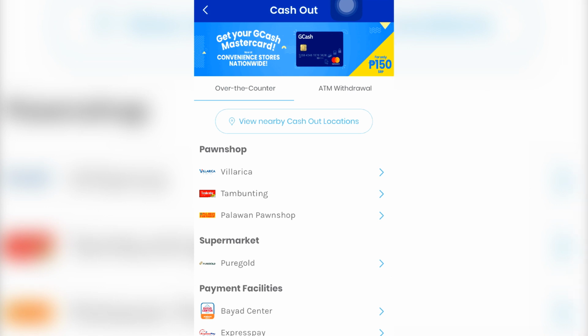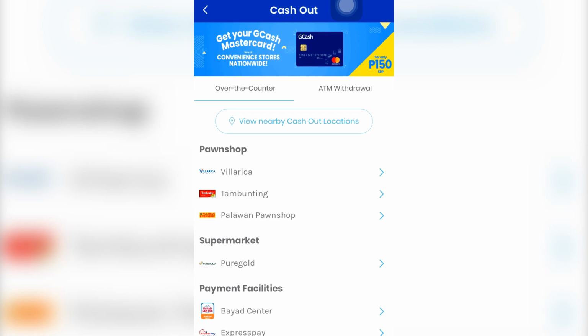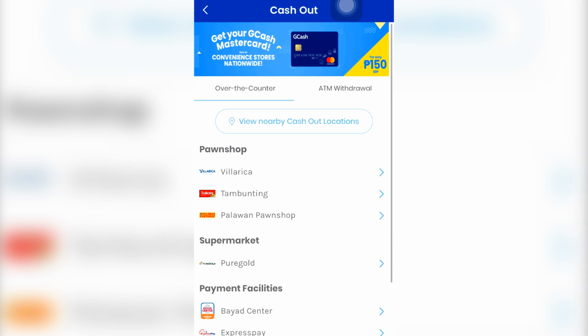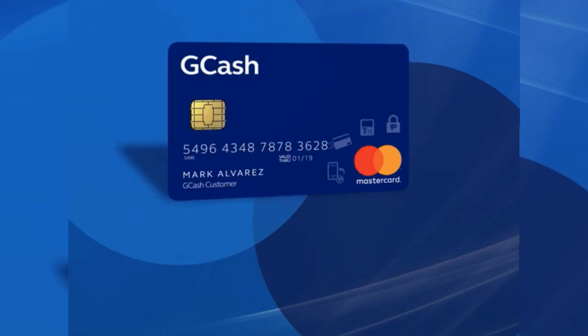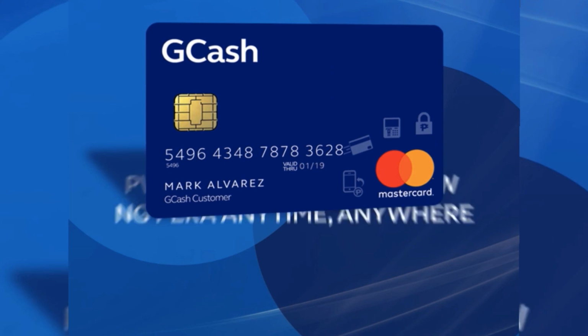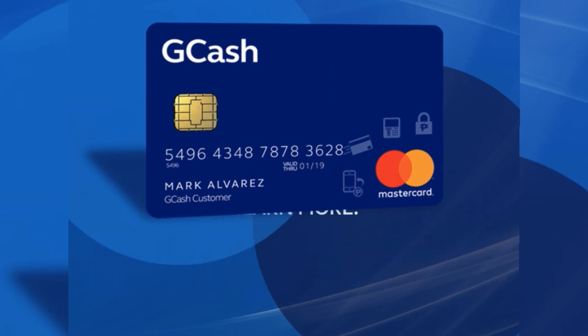Also, may nirelease si Gcash na bagong parang Gcash Mastercard. Ayan, sa taas nakasulat. You have to pay 150 pesos for it. Pero, the good thing about this is, mawi-withdraw mo siya within any ATM machine. So, at your convenience, kung ayaw mo siyang itago sa app, you can at least save it to your Gcash card. Since card siya, pwede mo siyang pambayad sa mga pang-grocery mo, pang-kain mo, or pang-online shopping mo.